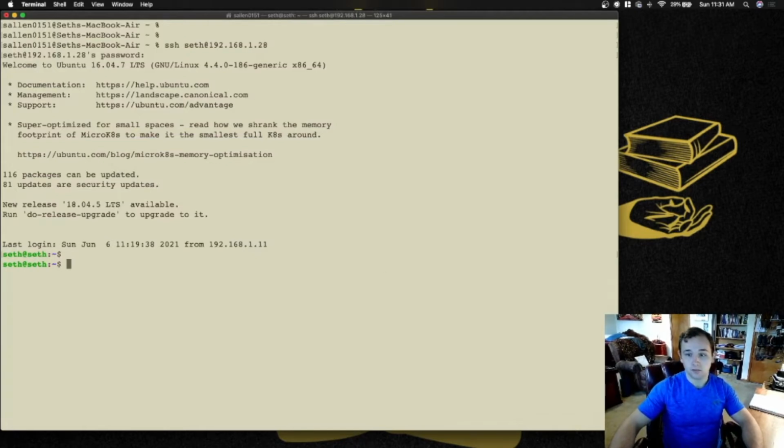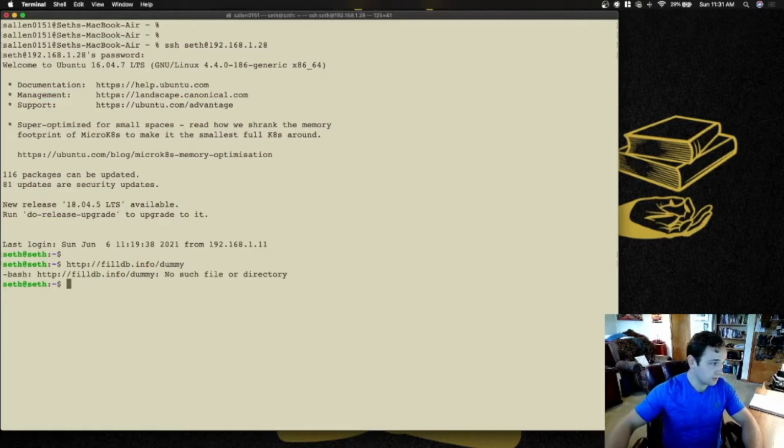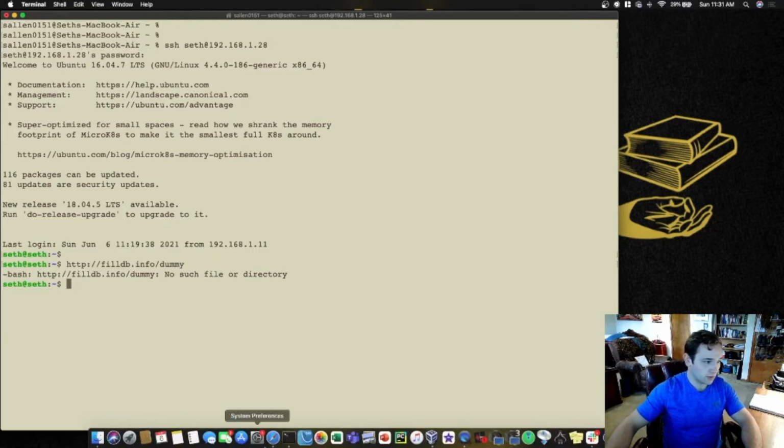Now the next step is going to be to create our actual dummy database. So you guys are going to have to pop out to this link here, which I will copy and paste into my terminal so you can see it and read it, and then I'll read it off to you. It is http://filldb.info/dummy. This is the URL that you'll pop out to. So let's go ahead and just open up a browser